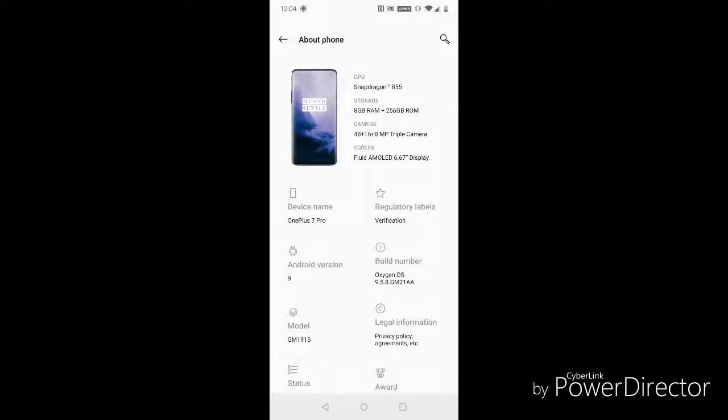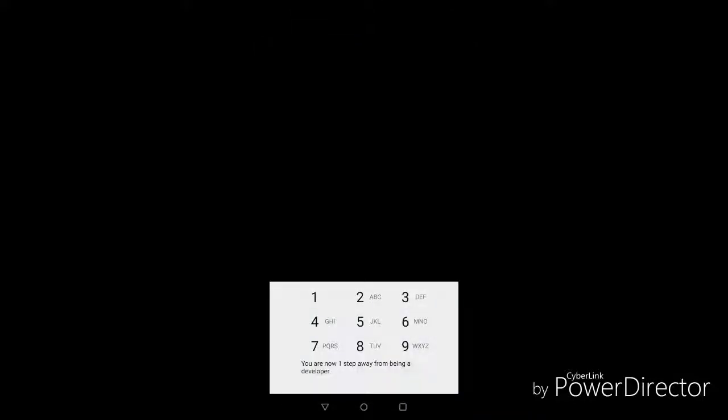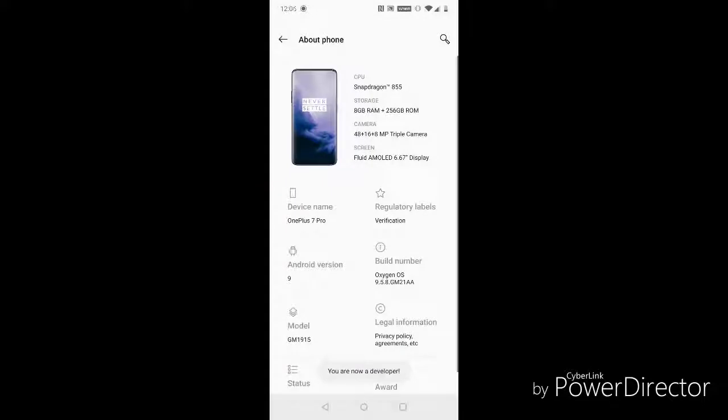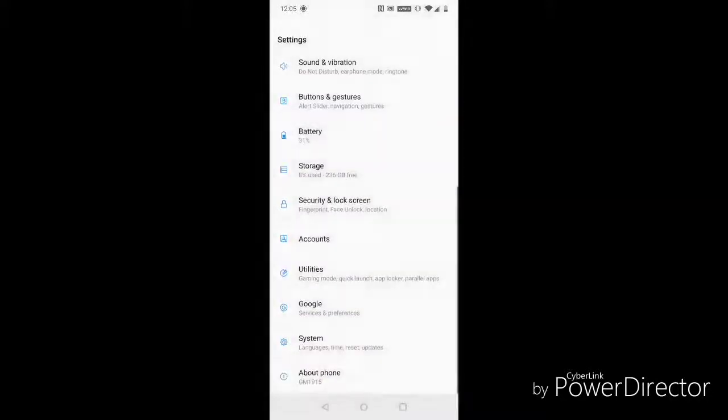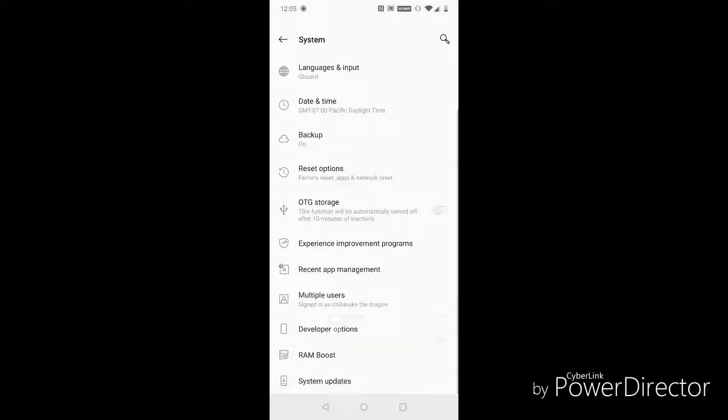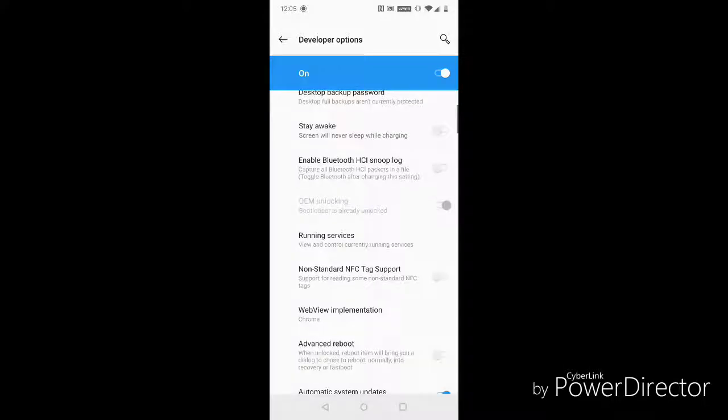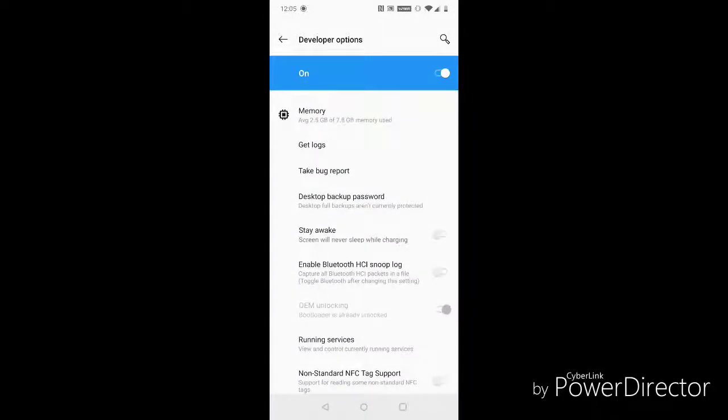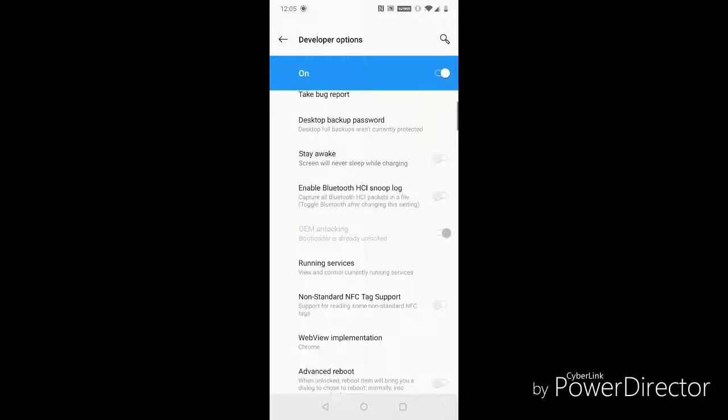Alright, so first things first, what you need to do is go into About Phone, and click on the build number as many times as it takes until it says you are now a developer. And you enter your password and all of that. Then you go into System, Developer Options, and what you do here